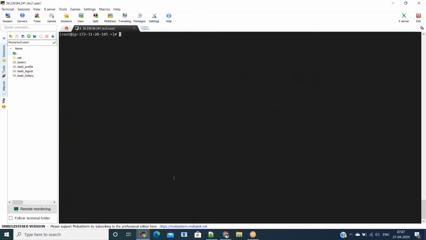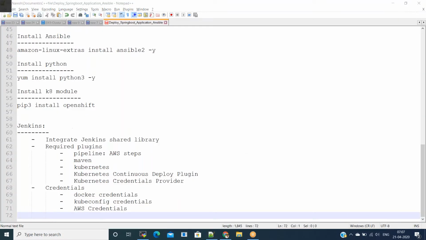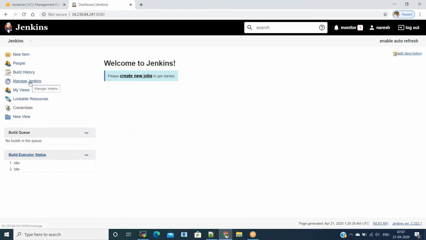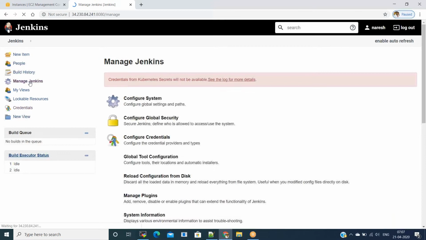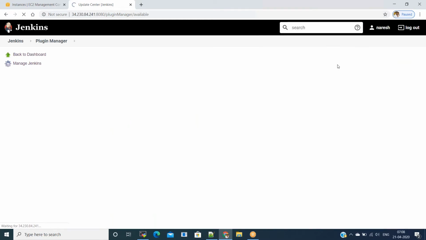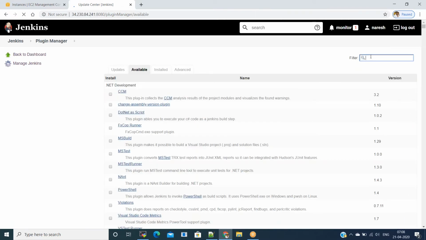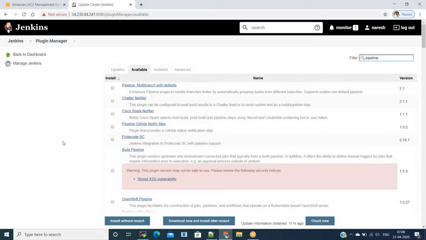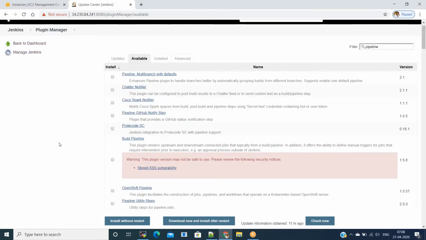Let us go to the Jenkins UI, and from the Jenkins UI, we will get started with installing a couple of plugins. Go to Manage Jenkins and go to Manage Plugins. In the available section, we need the Pipeline AWS Steps plugin for accessing EKS cluster.